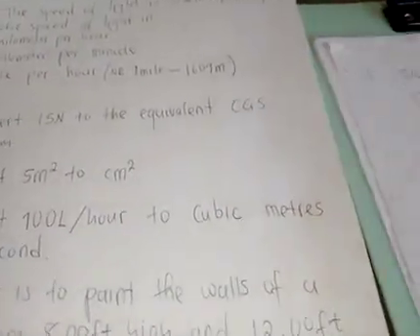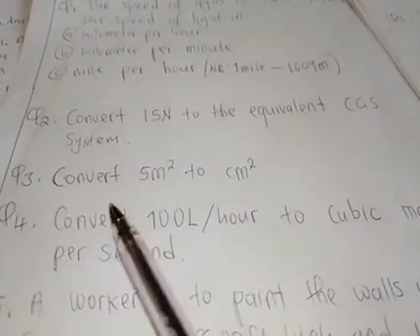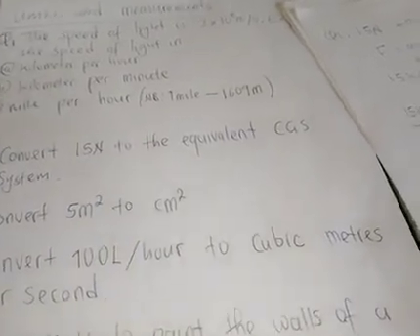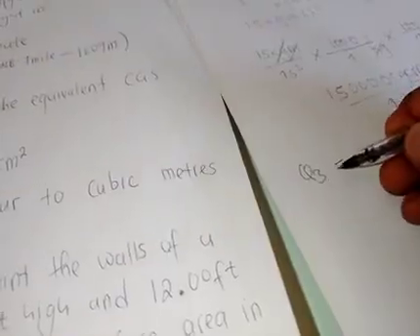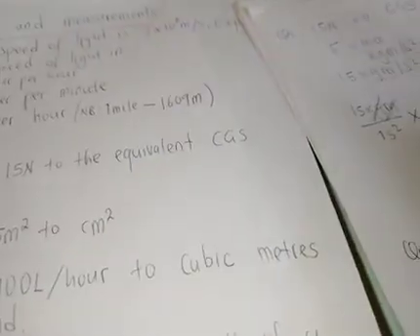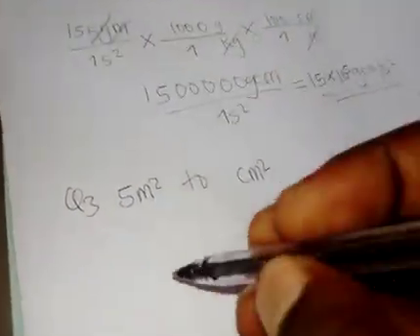Then the third question. We are converting 5 square meters to square centimeters. That's question 3. How can we come up with a conversion factor in this case? We know that